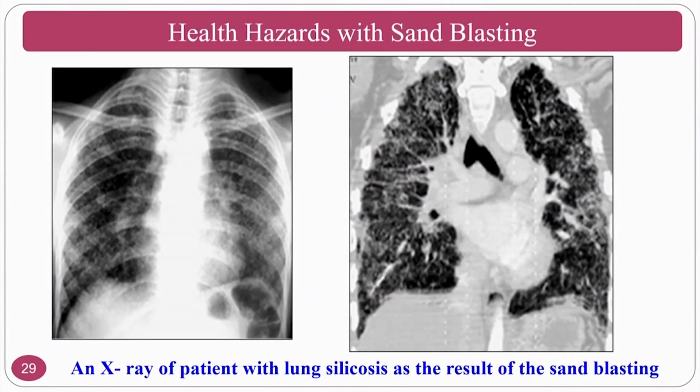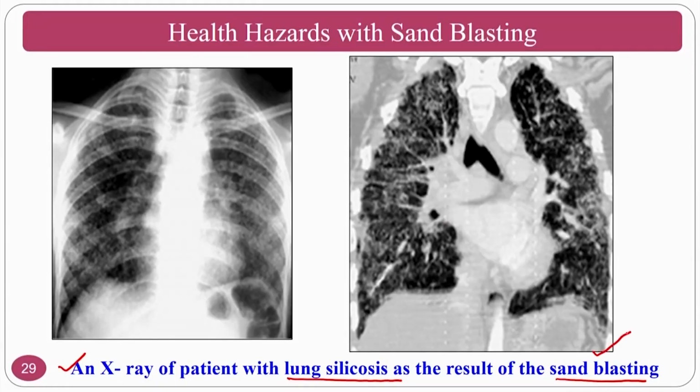If you see the silicosis, normally the X-ray of a patient whose lung has silicosis as a result of sandblasting. Normally, when sandblasting is done with silica particles, silica particles come from one side, compressed air comes from the mixing and goes onto the surface. In those circumstances, the silica dust will come out. The silica dust will be inhaled by the operator, and this will cause a lot of problems like silicosis. You can see here the silicosis that has occurred in the lungs of a particular patient. This lung is good, and this is the silicosis